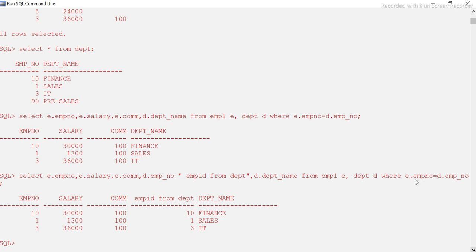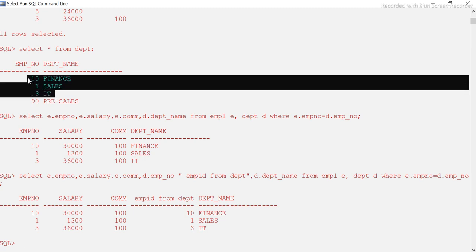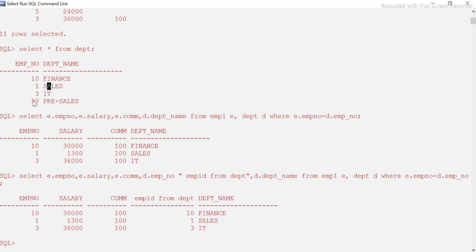So inner join or equi join, the same thing will be coming here. Only matching rows from both the tables will be coming here, right? You see that there are so many rows here, 11 rows from the employee one table, but we are actually getting matches for only these three. Hence these three are only displayed. Now, 90 is not matching, there is no 90 employee ID in the employee one table. That's why that is filtered out.